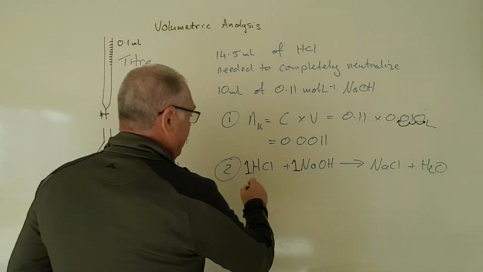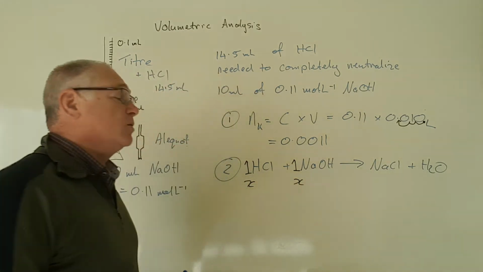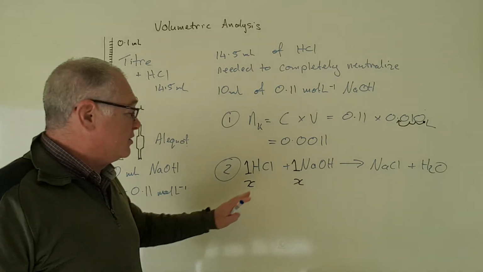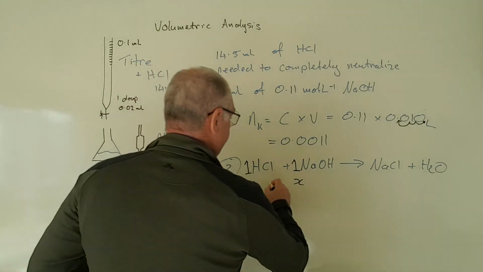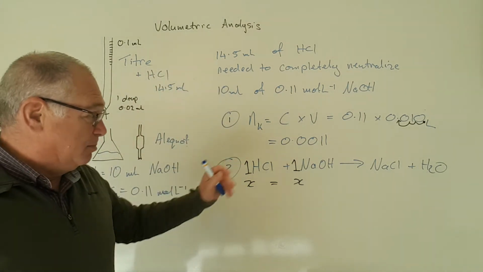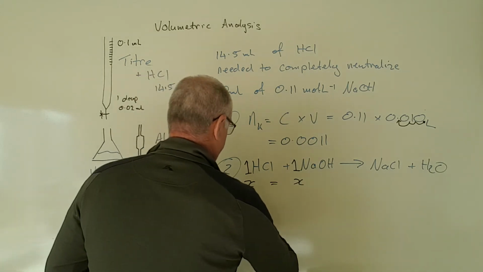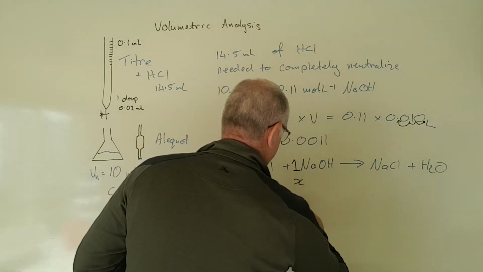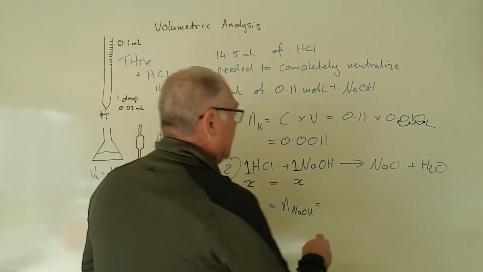In other words, if I have X moles of HCl, the same number of moles of sodium hydroxide react. In other words, the number of moles of HCl and the number of moles of sodium hydroxide are the same to completely react. So the number of moles of HCl is going to be equal to the number of moles of sodium hydroxide. We just worked that out here. So this will be